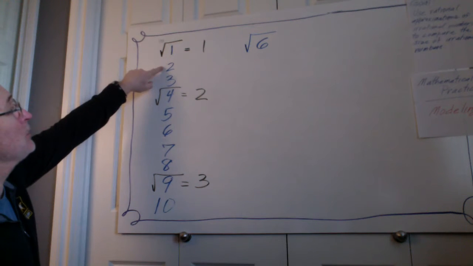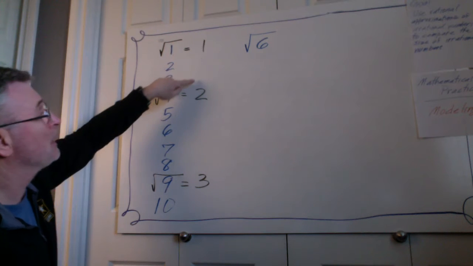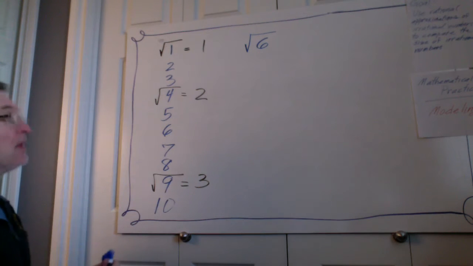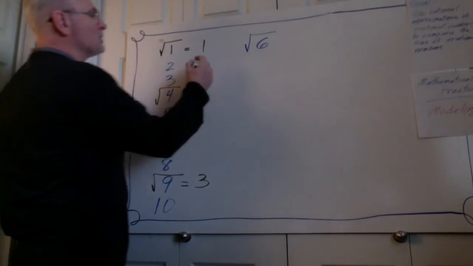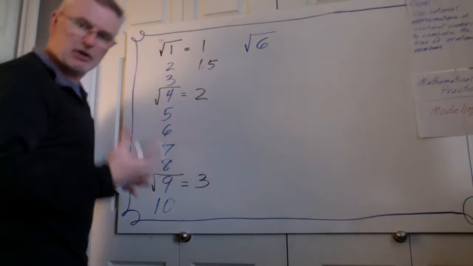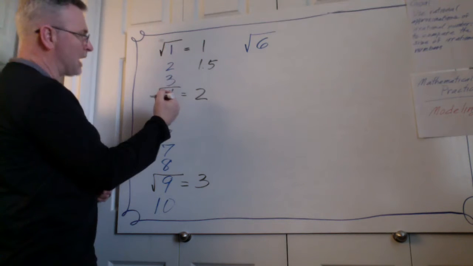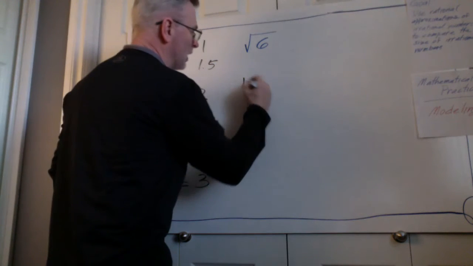So the square root of 2 is going to have to be between 1 and 2. And then if you were to say, well, okay, since it's between them, let's just make it 1.5. Well, that's not a good idea, because halfway between 1 and 4, if we look on a number line,